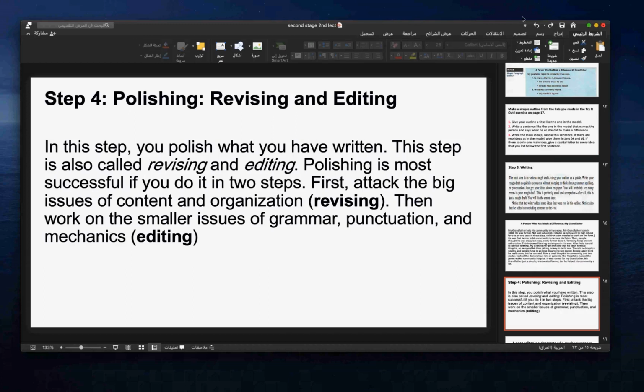بعدها راح نروح step 4 polishing, revising and editing. In this step you polish what you have written. This step is also called revising and editing. Polishing is most successful if you do it in 2 steps. First, attack the big issues of content and organization, revising, then work on the smaller issue of grammar, punctuation, and